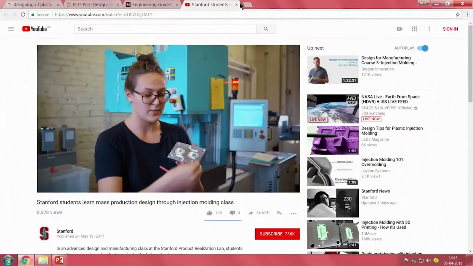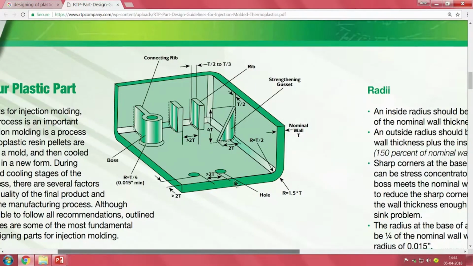I will exit this, and we come to actually issues in detailing. Most important is, this is where the difference between an injection molded part and a 3D printed part comes. In the case of these injection molded parts, we would have noticed that there is a rule applied everywhere saying the corners have to be made with a radius. Why is it? Because there is a nominal wall thickness, somewhere the material is injected, and slowly it is supposed to flow along these lines, and when it flows along the lines,